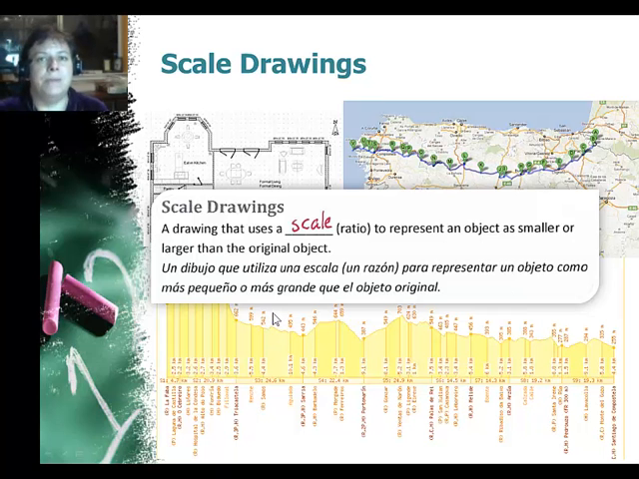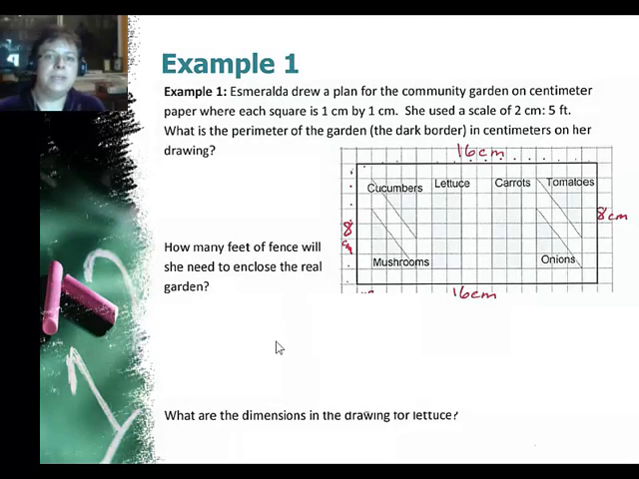than the original object. In example 1, we're looking at a scale drawing of a garden. Esmeralda drew this for the community center, and each of the squares is 1 centimeter by 1 centimeter. She was using grid paper. She used a scale that every 2 centimeters should be 5 feet. So the first question is, what is the perimeter of the garden, the dark border here, in centimeters on her